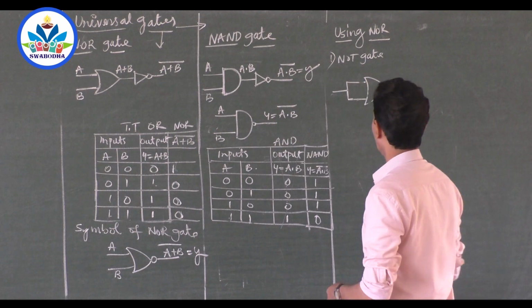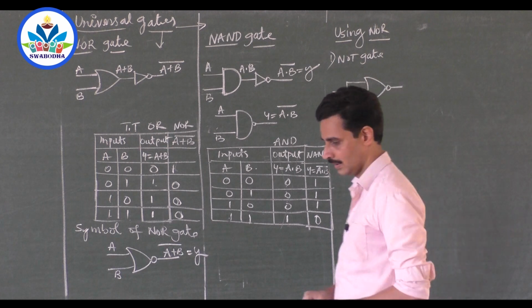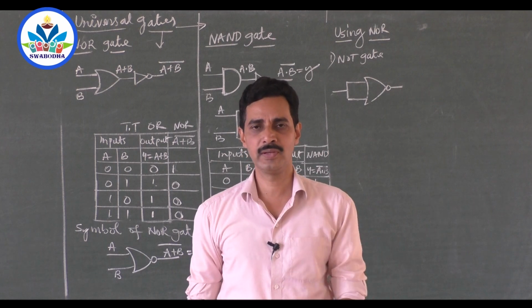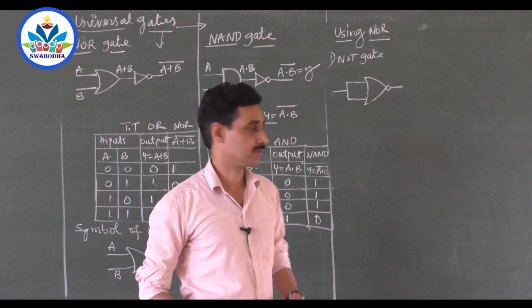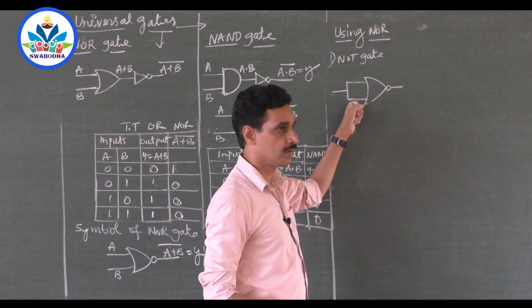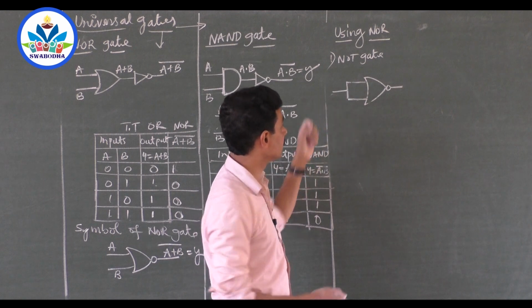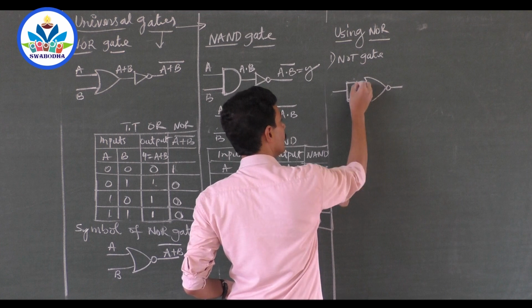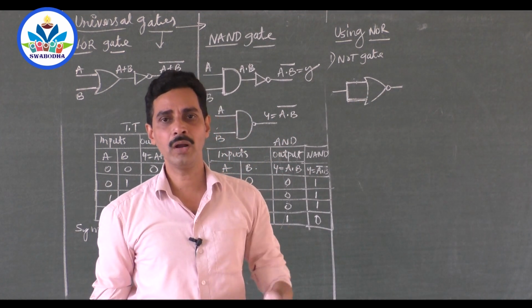Yes, you see. Now, if you tie the inputs of the NOR gate and do it like this, you are getting the opportunity of giving only one type of input. You can't have 4 possible combinations. Either you should give 0, 0, or you should give 1, 1. You can't give 1, 0 or 0, 1 because they both are tied together. Whatever you give here, it should go to both, isn't it? So either you can give 0, 0 or 1, 1.